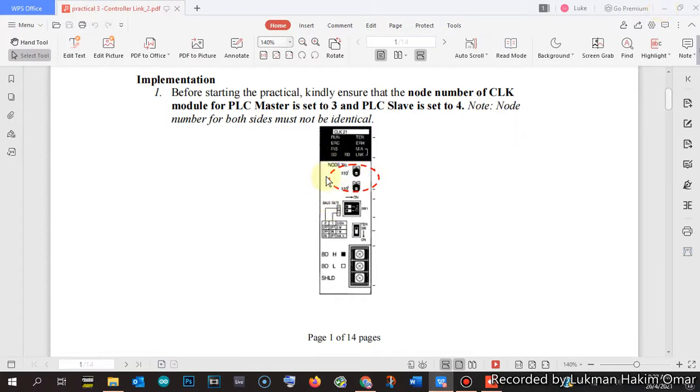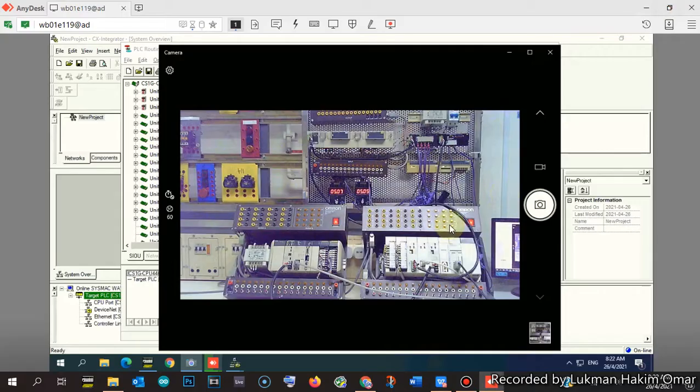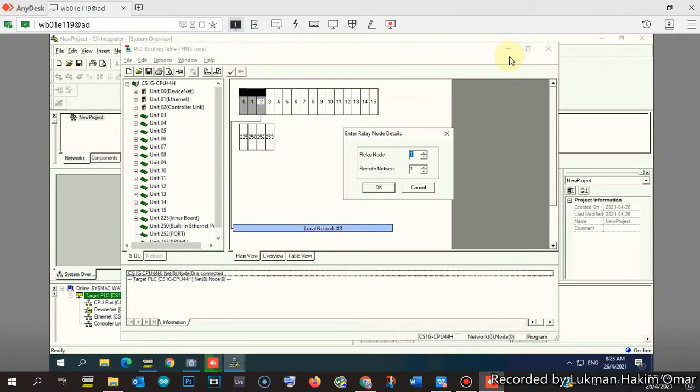This is set up physically, but in our case we don't change anything, we just use the node number. Relay means the node in another PLC, in your slave PLC. We only have one slave, so the relay node will be number 4.